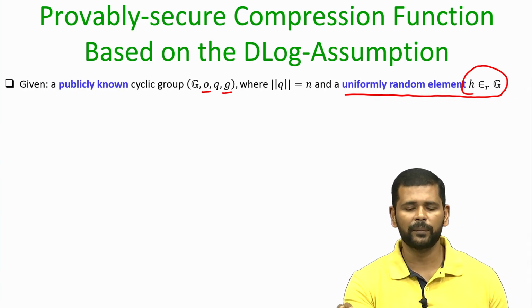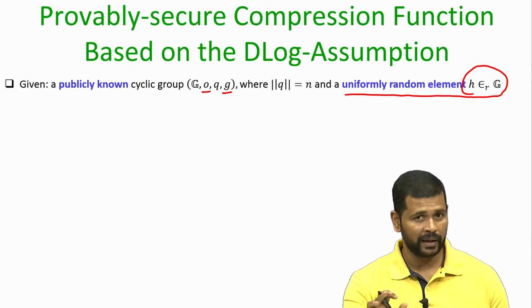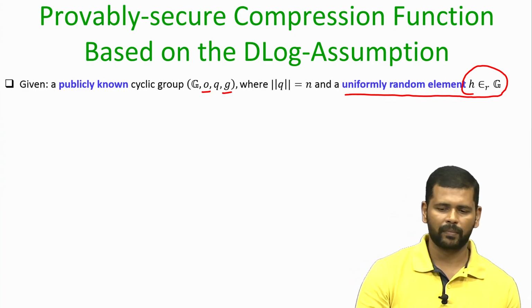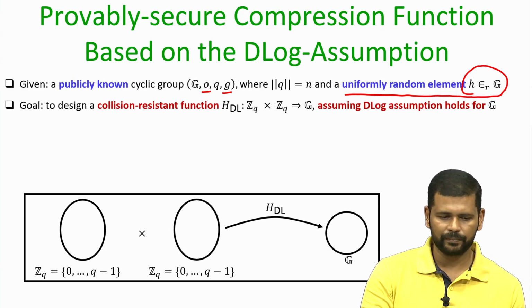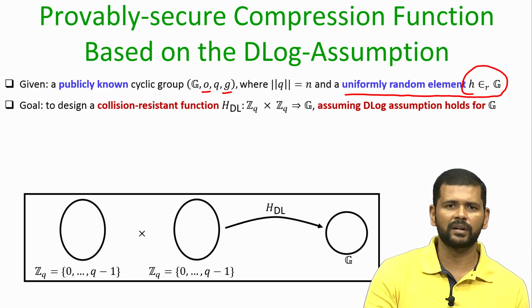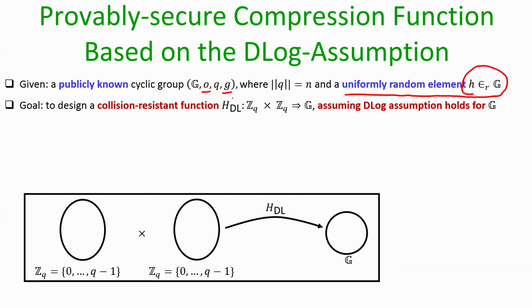This is a one-time setup which we assume is done by a trusted entity, not by an adversary. Once this setup is done, we can use it for a polynomial amount of time or a polynomial number of instances. Now, using this setup, our goal is to design a collision resistant function which I call H sub DL,